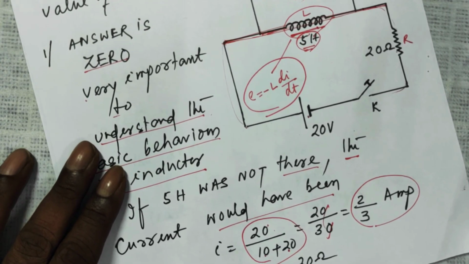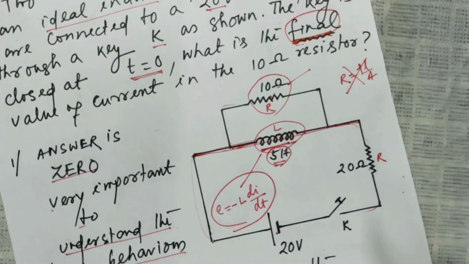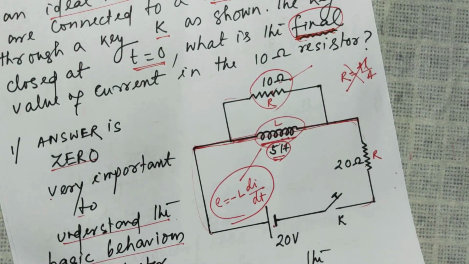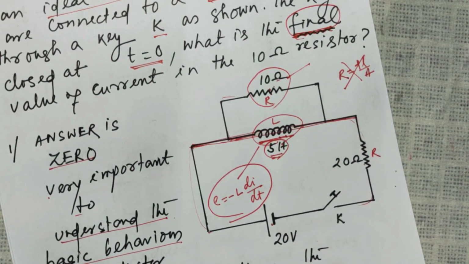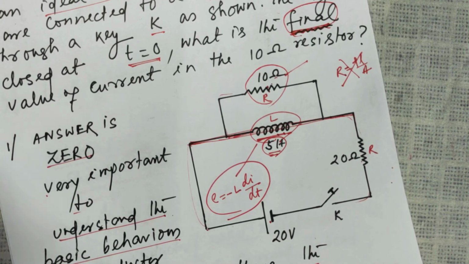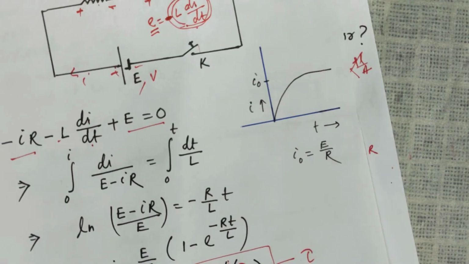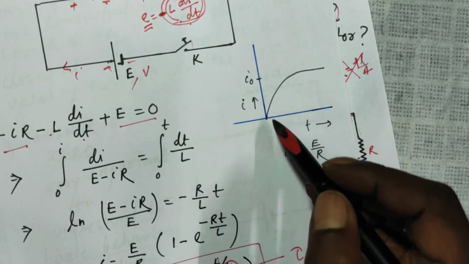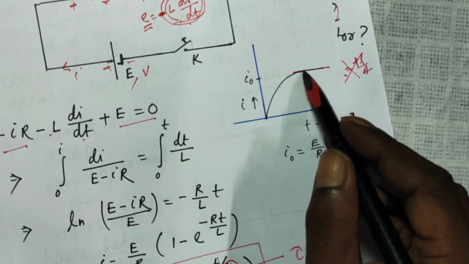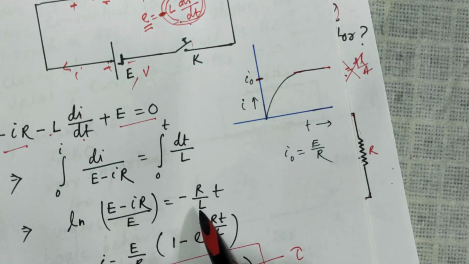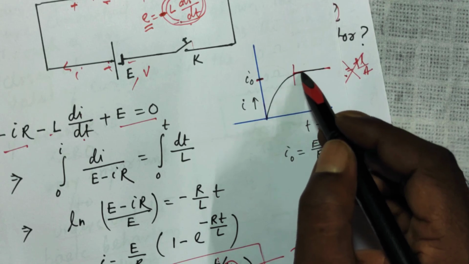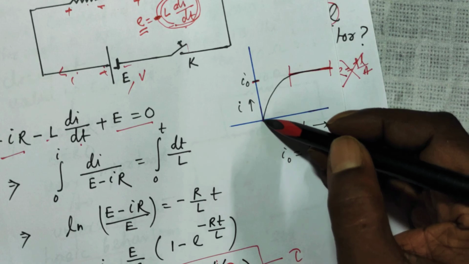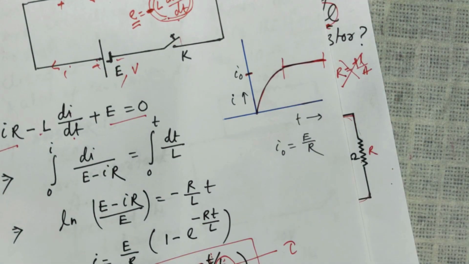In the next numerical, we will do the combination of inductor, capacitor and resistance, and in that case we will study the behavior of a capacitor also. So this is what I have explained to you in this diagram. To this side is t, to this side is I. Initially it is opposing, finally the current becomes maximum after 5 time constants. This part, the inductor does not offer any resistance. This part it offers resistance in a DC circuit.